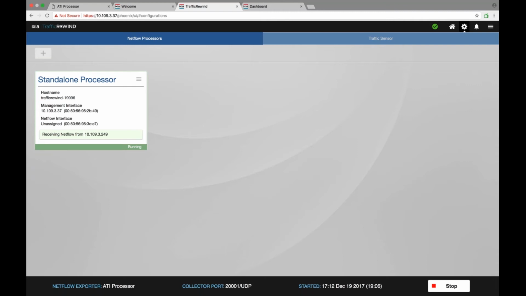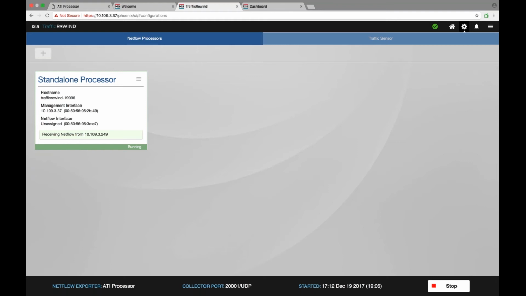On TrafficREWIND 2.0, which is the current version we're running, we also support multiple other modes. For example, we can support a processor mode, or a controller mode, which gives you a combination of